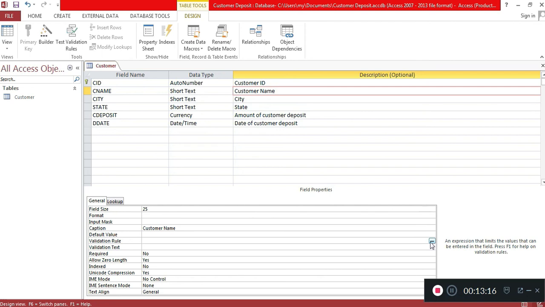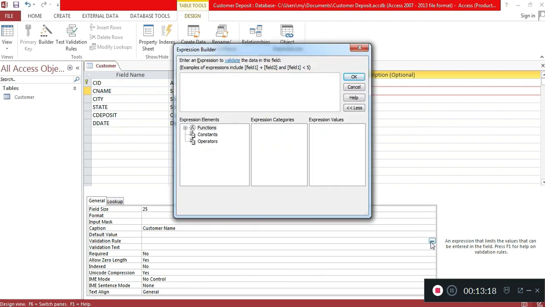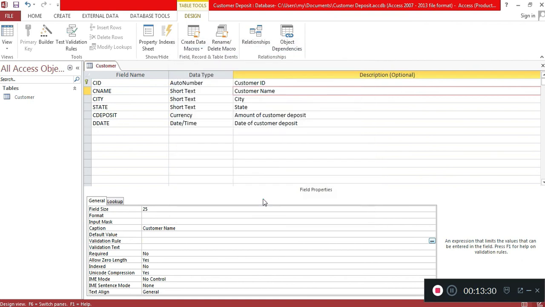So we can apply the rule, okay, with a function or constant or operation, okay, maybe more than, less than, whatever we want to show up. As last time we studied in Microsoft Excel, we studied a sample of the validation. We also can ask